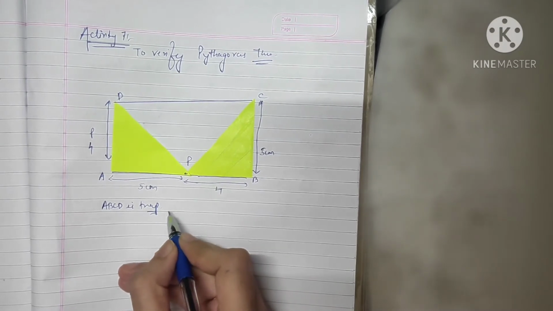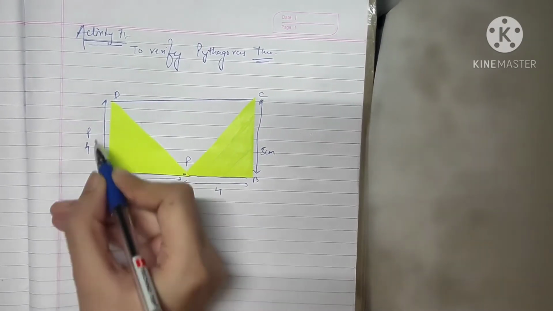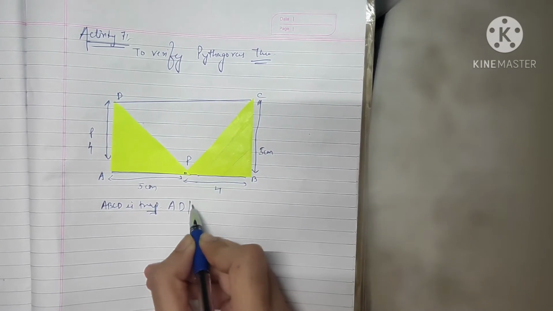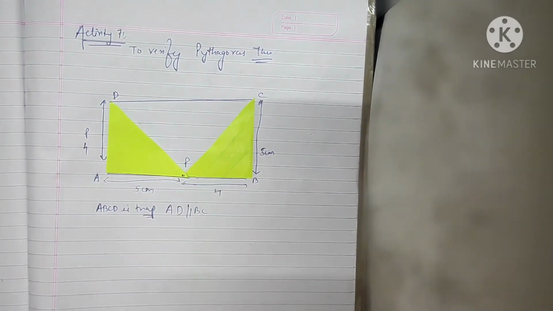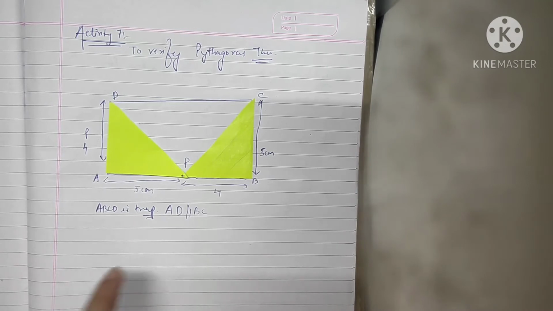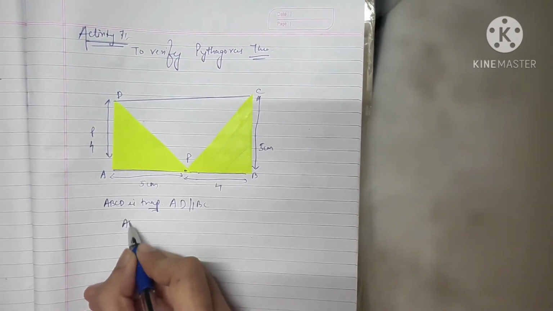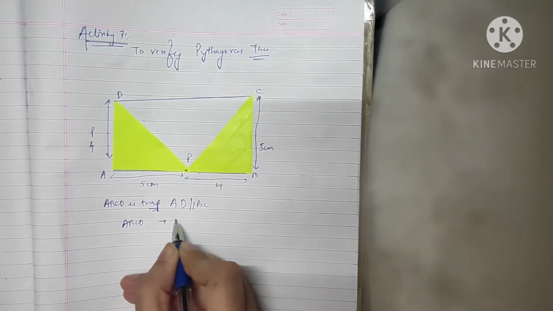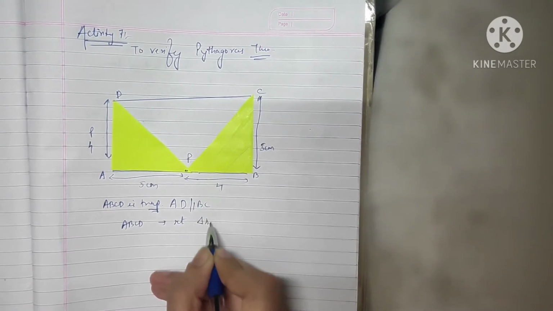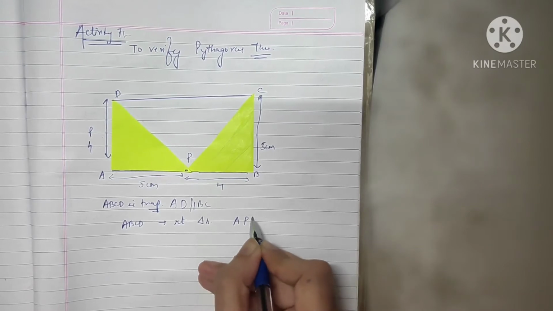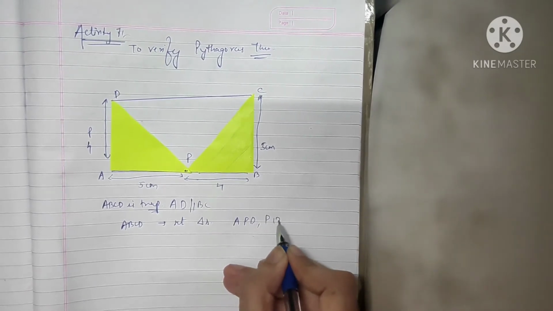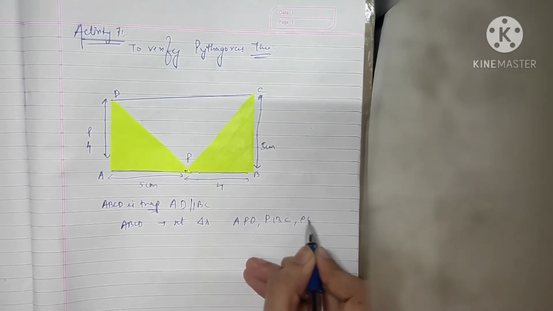Such that this side AD you have taken parallel with BC. So we don't know the connection between AB and CD. We only know that AD is parallel to BC. So what basically you're doing is, this trapezium ABCD is divided into 3 triangles. One triangle is this one, this is APD. This is again BPC. Another is this one, PCD.